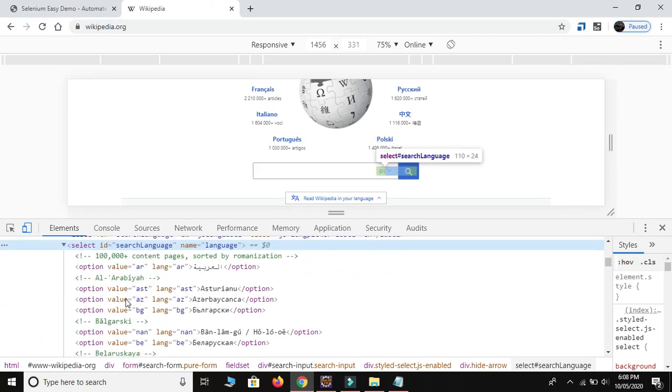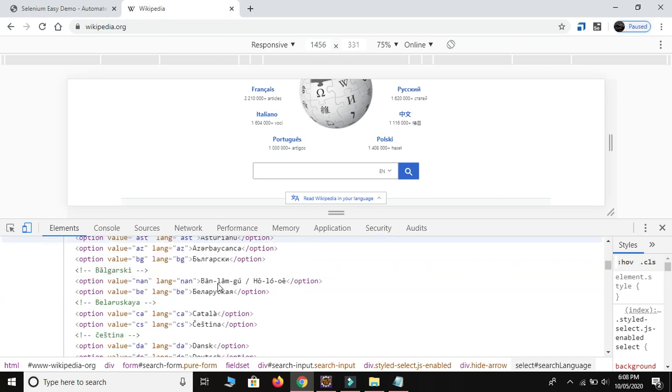So as you can see here, there are two possible ways. The first is to find out the index of Hindi. This is a long way.